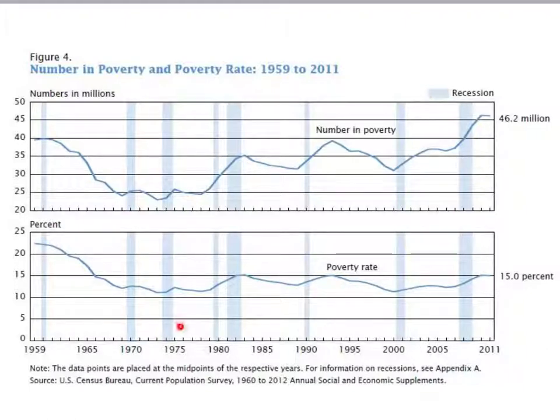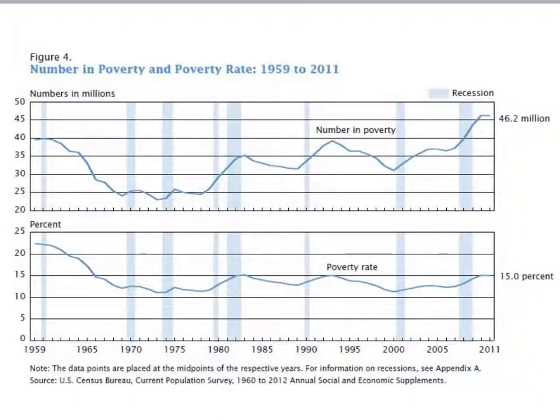And notice how oftentimes, like here, you've got this recession, but then the poverty rate continues to rise. Here you see the same thing. Recession, poverty rate continues to rise. Recession, poverty continues to rise. And then it takes quite a while before it starts going down. So in all these cases it eventually does go back down, but it's a delayed reaction from the recession. I think we definitely see that today as we're recovering from the Great Recession,